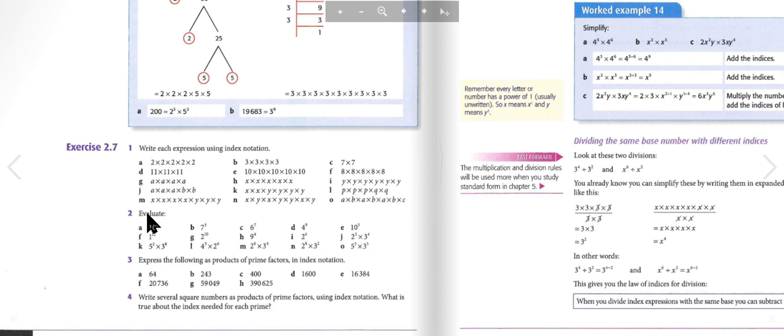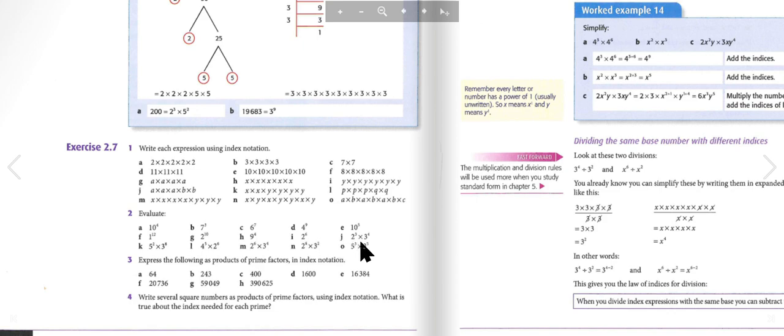Question number 2. Evaluate. 10 to the power of 4, 7 to the power of 3, 6 to the power of 7, 4 to the power of 9, 10 to the power of 5, 1 to the power of 12, 2 to the power of 10, 9 to the power of 4, 2 to the power of 6, 2 cubed